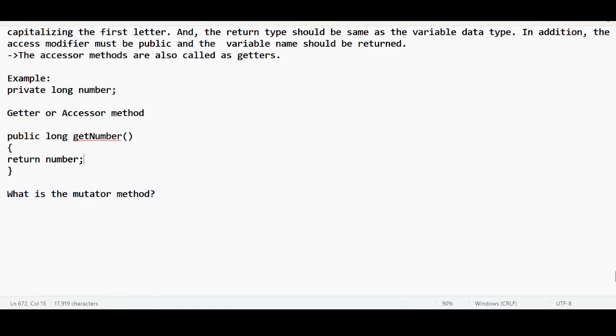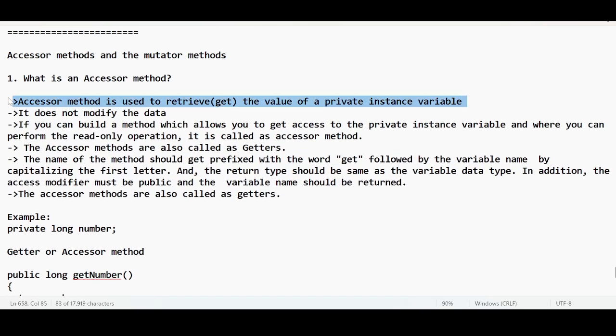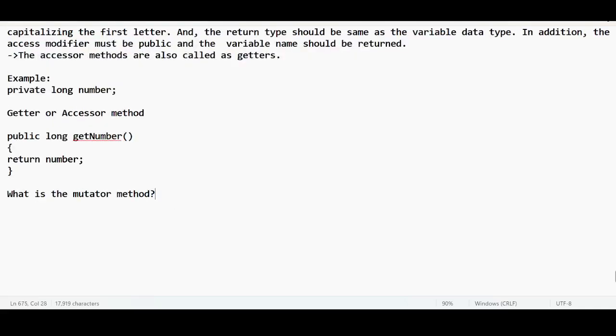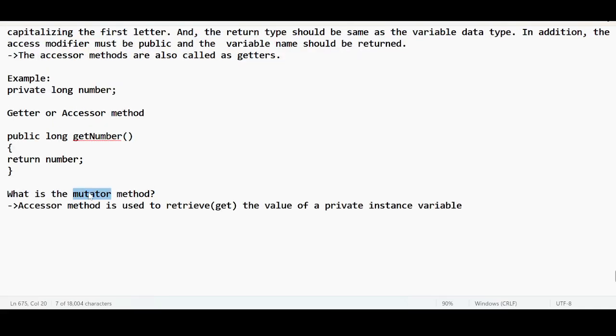What is a mutator method? I can copy the same thing and paste it here. Only one difference: a mutator method is used to, instead of retrieve, modify or set the values to the private instance variables. First point, clear now? The second point,